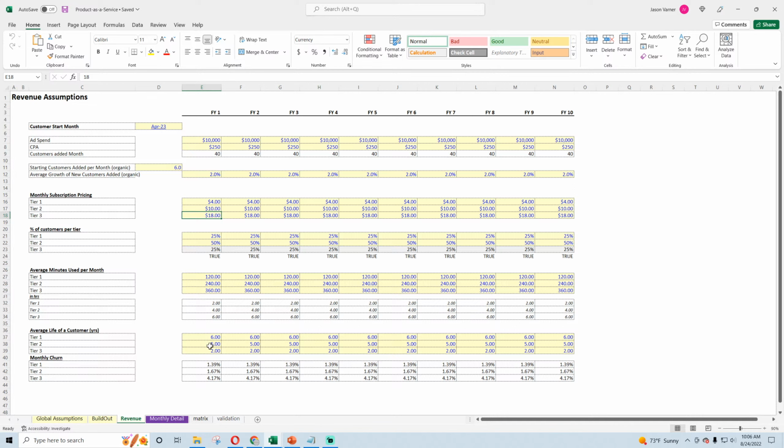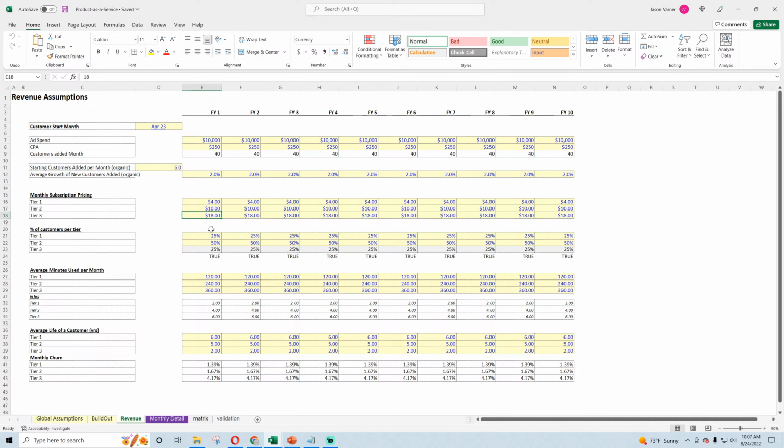If we keep the average life the same for all customers, whatever it might be, so the average customer stays for X amount of years, and we don't vary it by tier, then we just do one matrix and apply all this logic to just the one thing. It'll just be however many customers are left in the pool, a percentage of them are this, this, and that, and they pay this, this, and that.